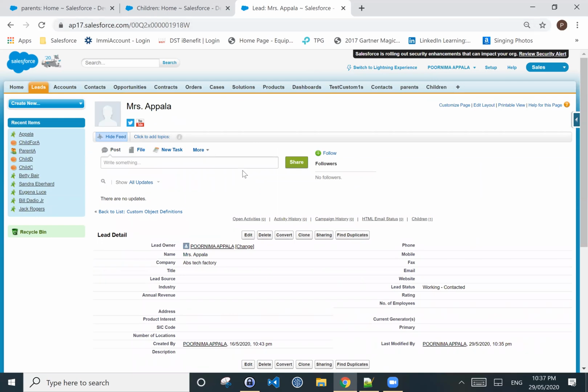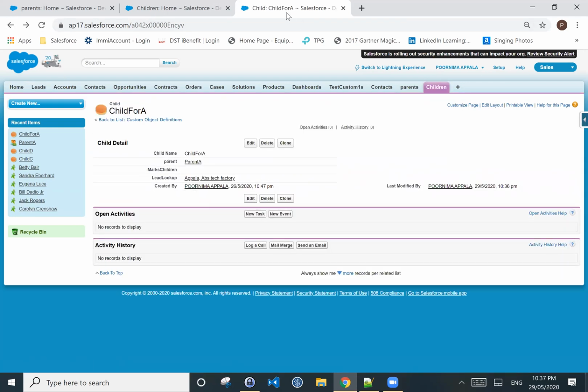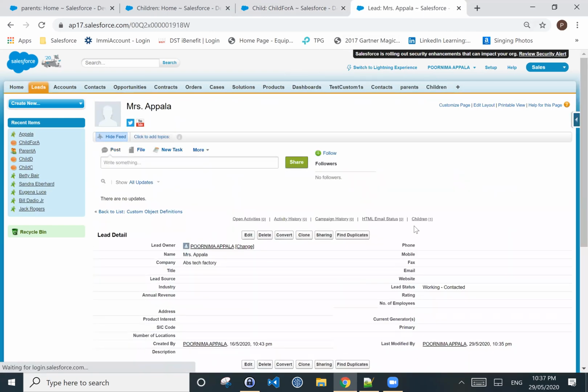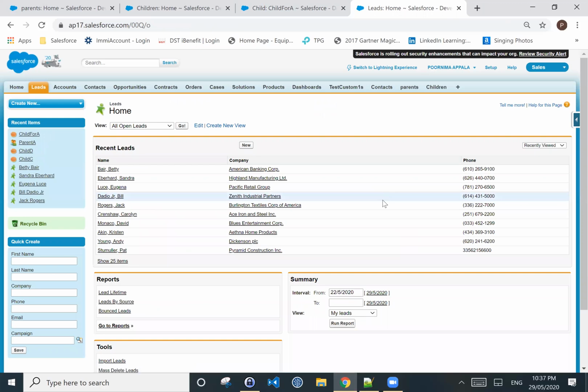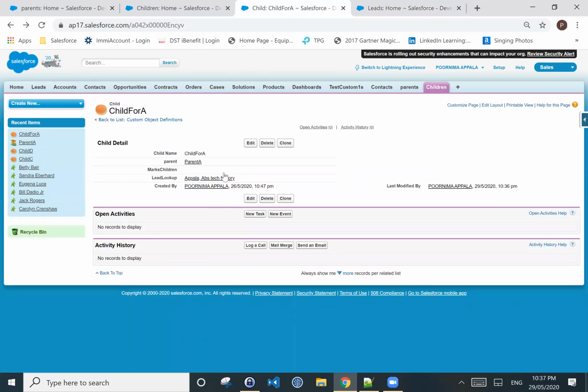Go back and duplicate this tab. Now click on this and delete this parent. Now go to the child and refresh it.